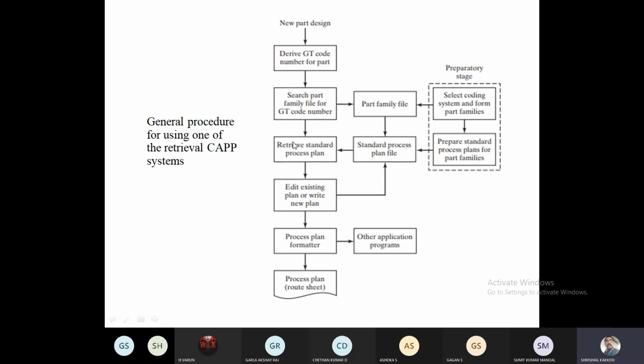Once these are available, those will be retrieved and a standard process plan will be executed. You can see that the standard GT code numbers are retrieved, and these will be taken for editing. And once the editing is done, then we go for the process planning. This is how it works. Okay, and if you want, you can write this much only, and this is the application software available in the database of our manufacturing software.